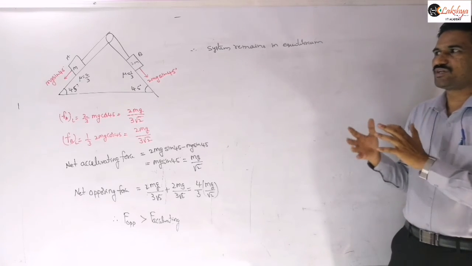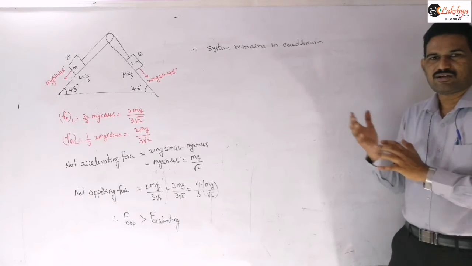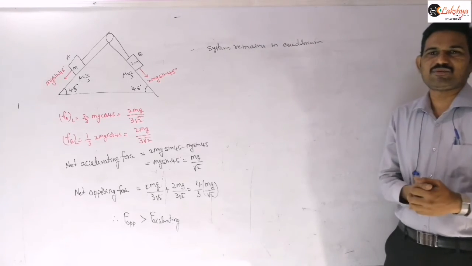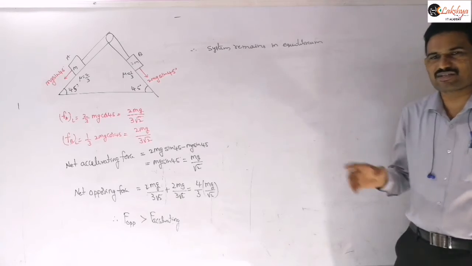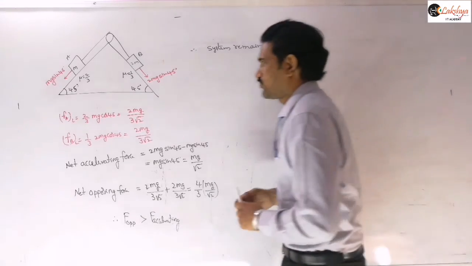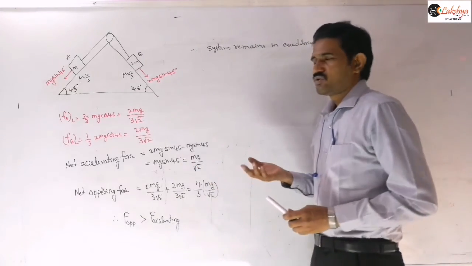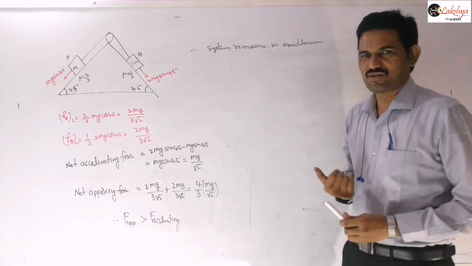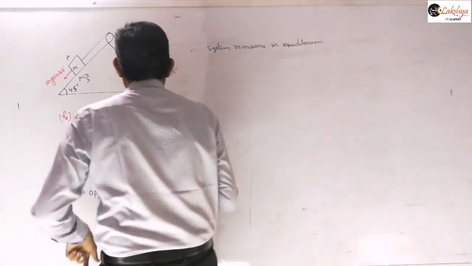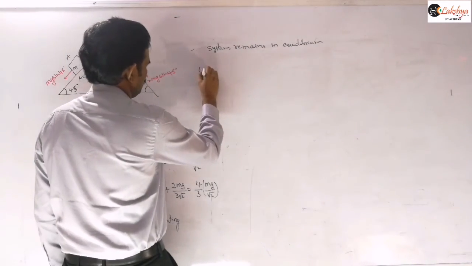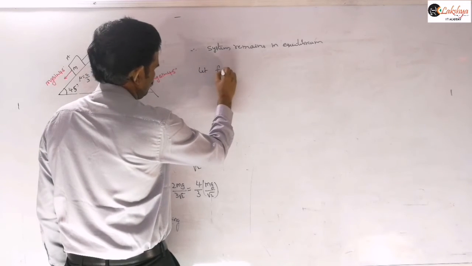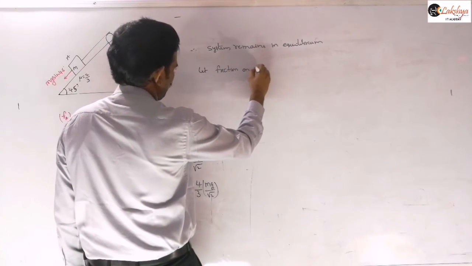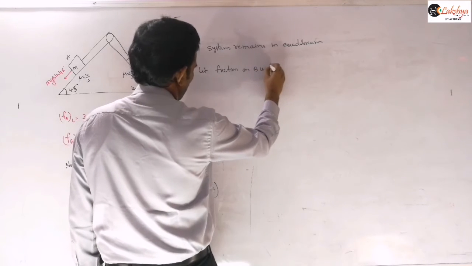So again you need to take some assumptions here, like the frictional force acting on B is limiting, or A is limiting, and you need to verify, same as our previous problem. So which block can we assume here? Let us assume on the block B it has some limiting friction here. So that means now, let friction on B be limiting friction.